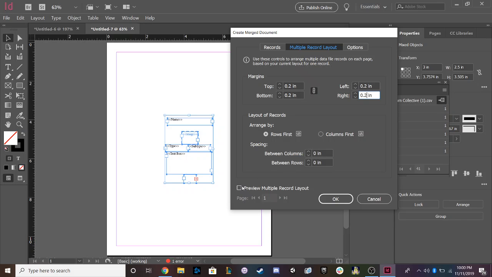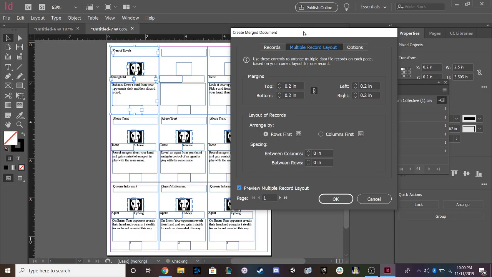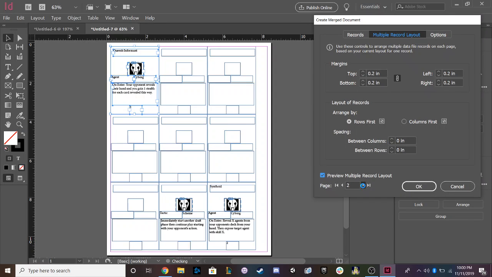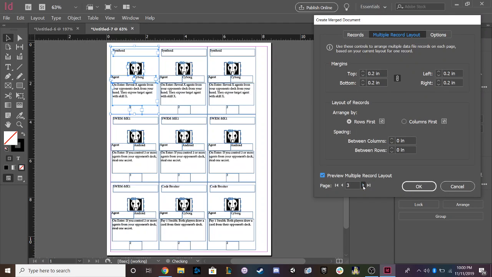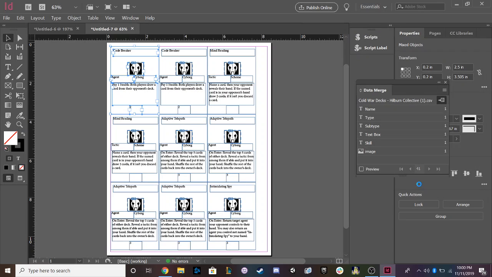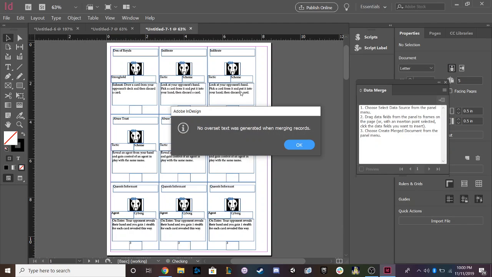Then we want to hit preview multiple record layout. And look, all of our cards. So there's going to be 9 per page. All right, this looks good, so we're going to hit OK. All right, so InDesign is going to make us our little multiple record layout page. And we're going to get this